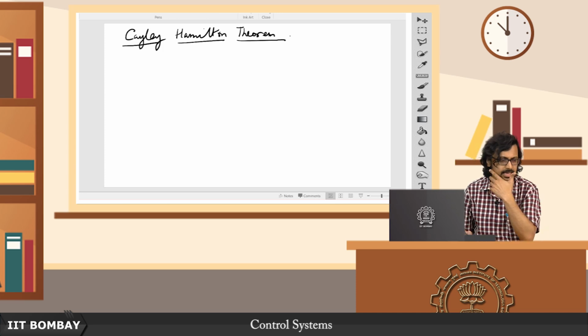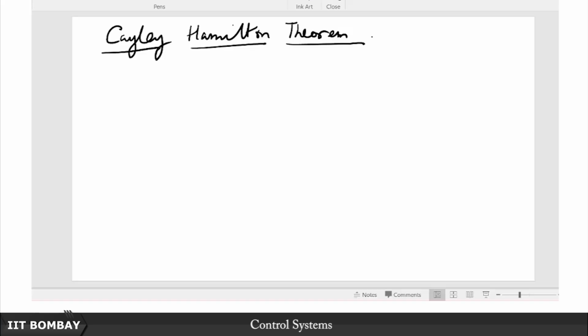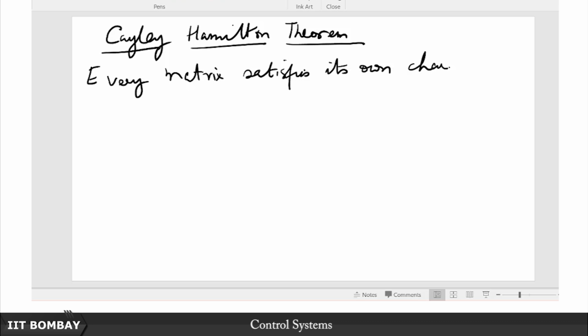Alright, so what does this Cayley-Hamilton theorem say? The Cayley-Hamilton theorem just states that every matrix satisfies its own characteristic equation, that is it, simple. What does that basically say? When you say every matrix satisfies its own characteristic equation, it basically means that in that characteristic equation, you know already what a characteristic equation is. So for example for A,